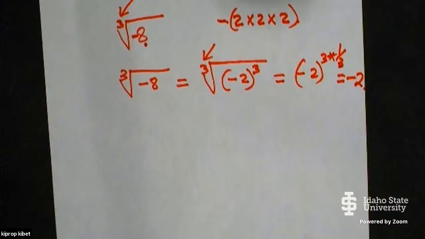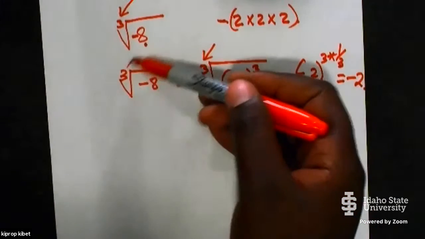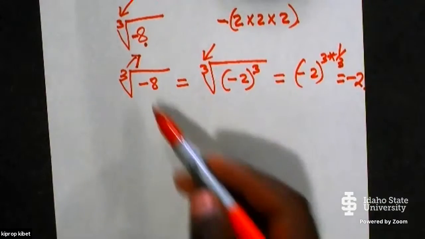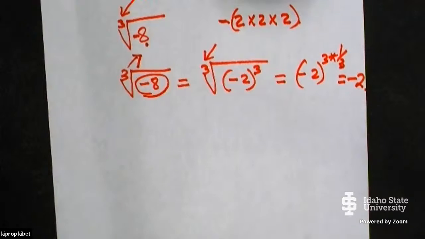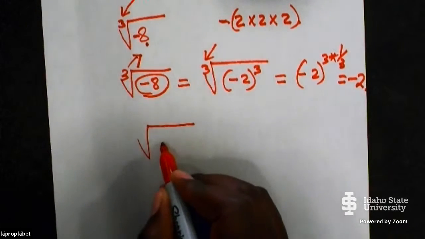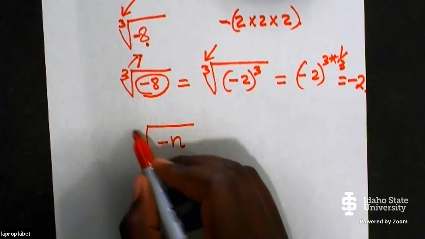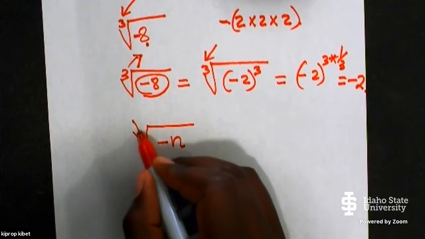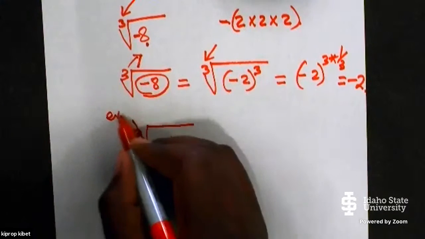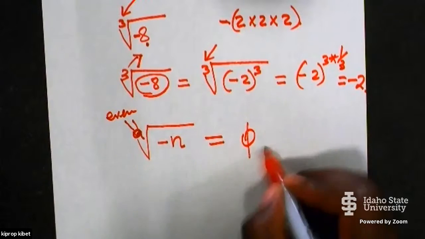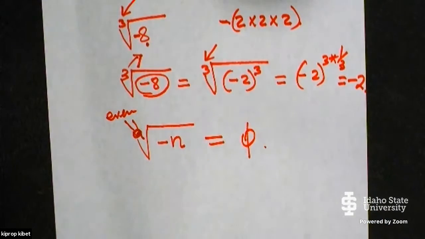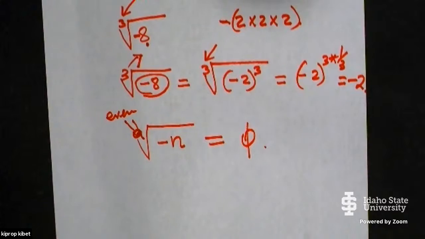Okay. So if this is an odd number and there is a negative inside here, then we will still get the root of that. We will still get the root. But if there is a negative here, let's say negative n, and the value of a here is even, then we will not get the root there. So it will be a complex number. So it will be a complex number. Because